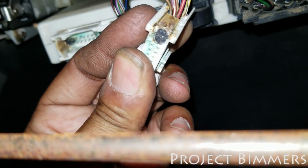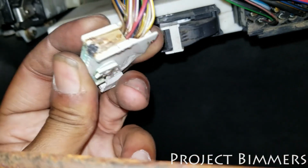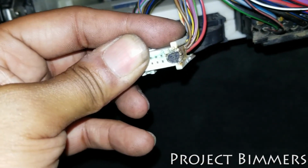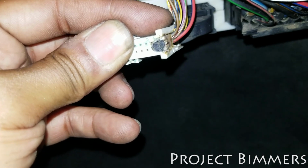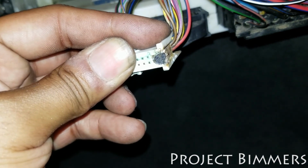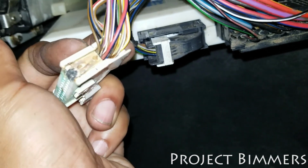So nothing you would have done with cleaning the relays or doing the extra stuff that these people on the internet are talking about was going to fix this particular issue. The only thing that's fixing this issue is serious advanced troubleshooting, tracking down the problem, not giving up, not crying, complaining that you can't do it, or taking it to a mechanic to mess up your car some more,